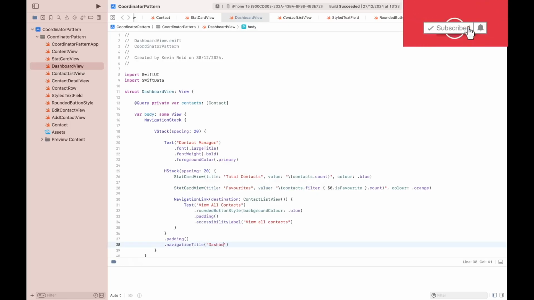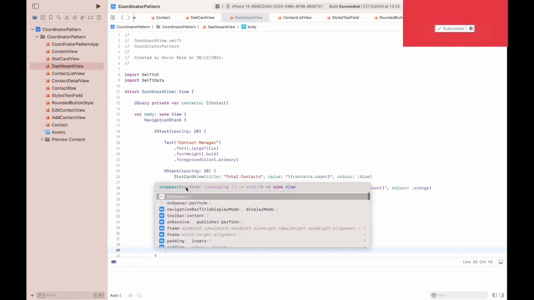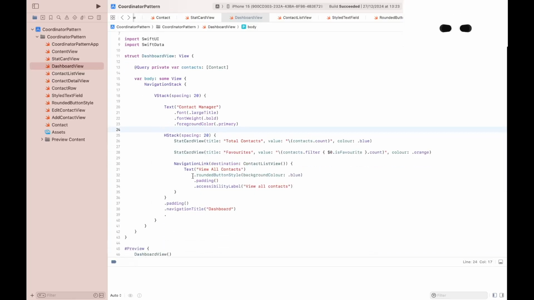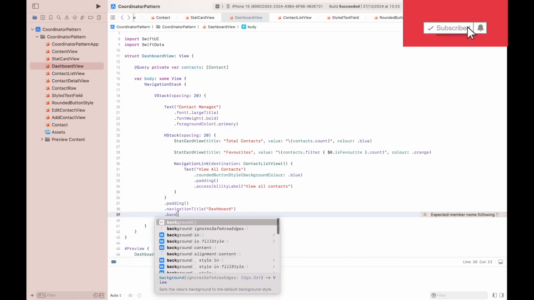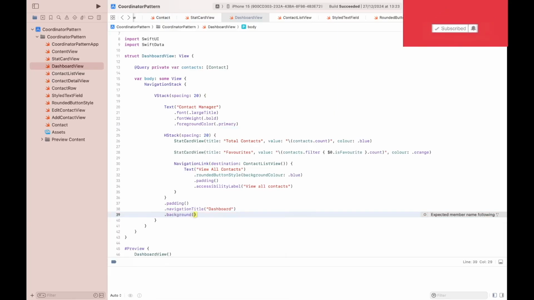It's called Dashboard. Background, color, system background,